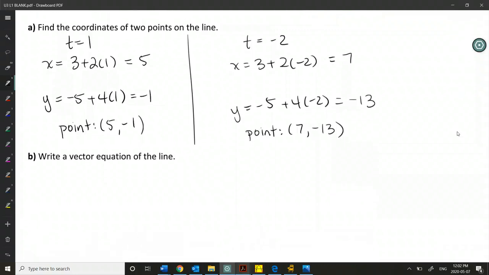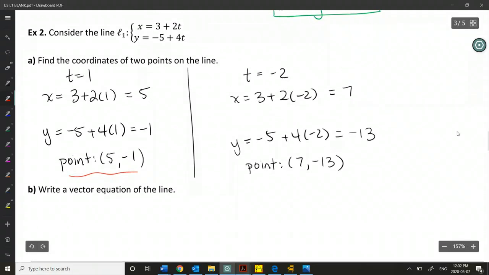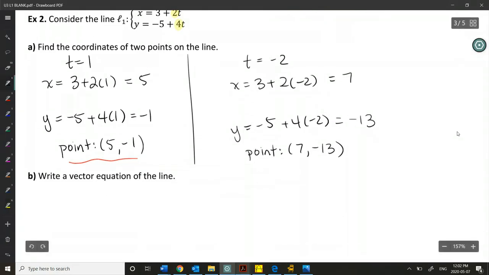Write a vector equation of the line. So let's say we use this point, and I can already see the direction vector buried within my parametric equations here, and it is 2, 4. So when we create our vector equation, you can say r or xy equals the position vector out to 5, -1, added with the parameter t,